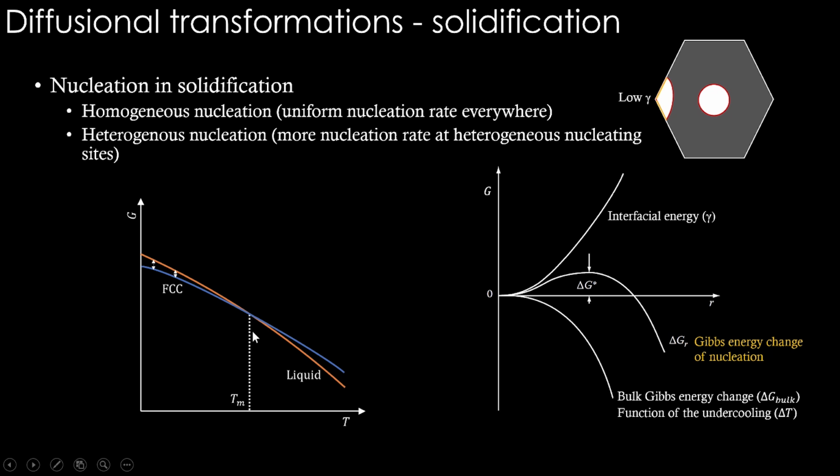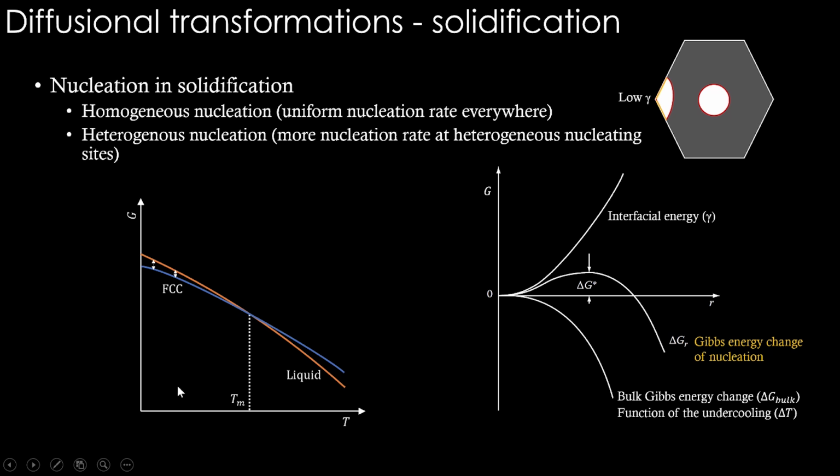happens. So FCC, let's say this is some material where FCC is the solid state. At high temperatures it is liquid beyond the melting point. So if we bring the liquid below this temperature, we are going to make the FCC, the solid, stable. If we bring liquid directly to this temperature here, we will see the difference between liquid's Gibbs energy and solid's Gibbs energy is this much. That is the delta G bulk, isn't it?